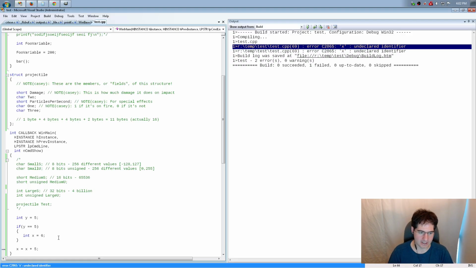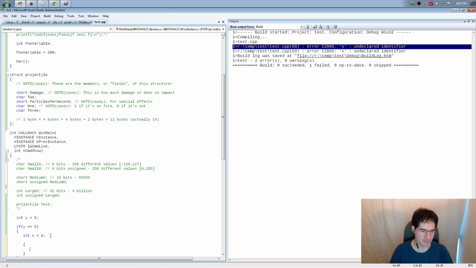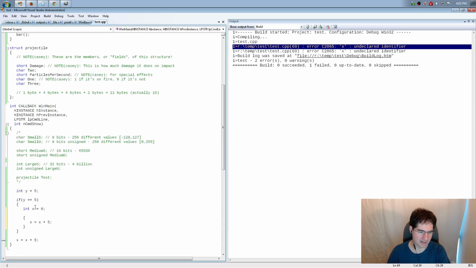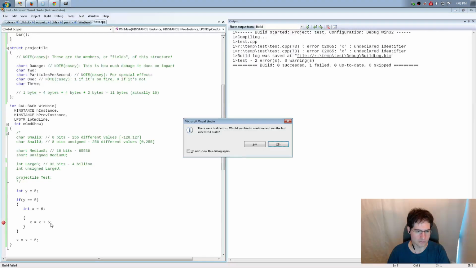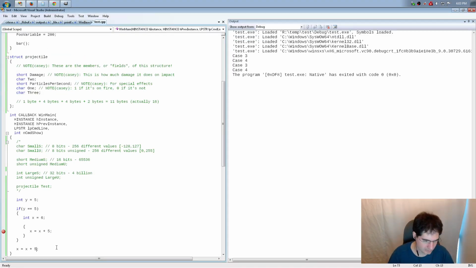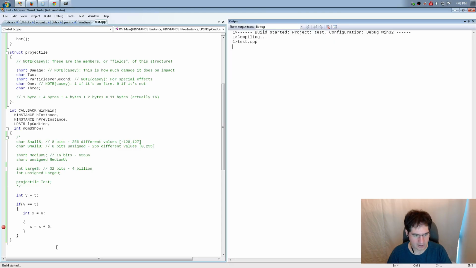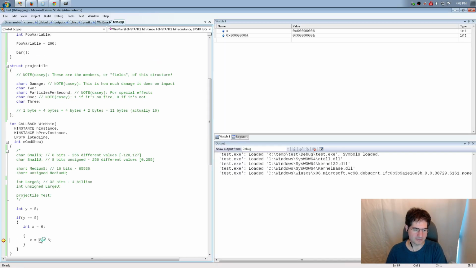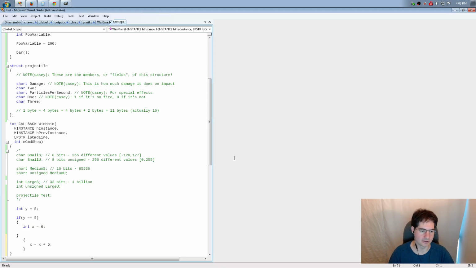Well, what do you mean? I declared it right here. Well, no, you didn't, because a block captures all of its variables for only itself. Nothing can come outside of this. Nested blocks, blocks that are inside, can reference x just fine, right? So anything that I do in an outside block will totally work, but of course I have to delete this first. That will totally work, and that's fine, but for things outside, if that block occurs somewhere else in the program, that is an error, and that's no good.